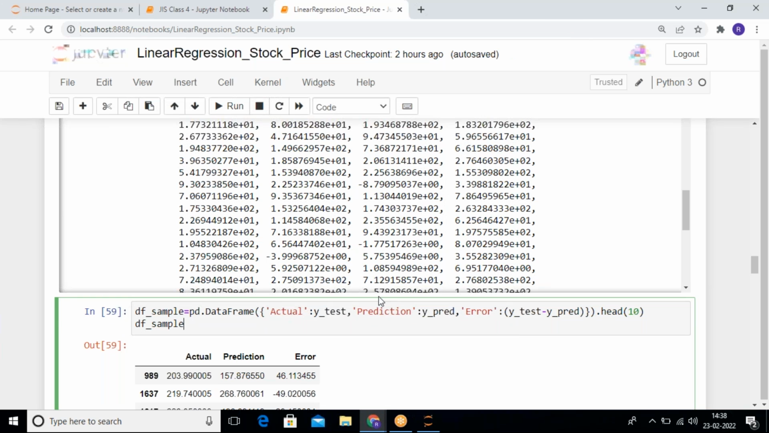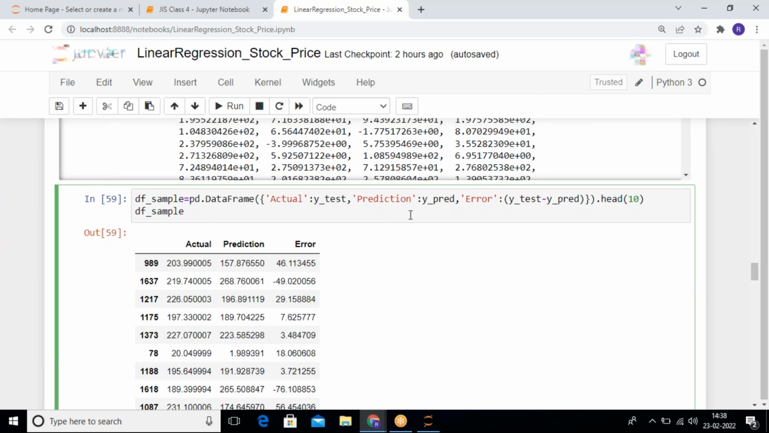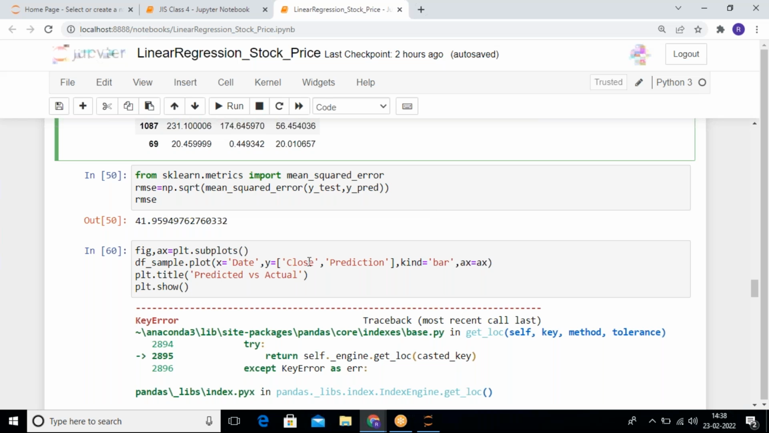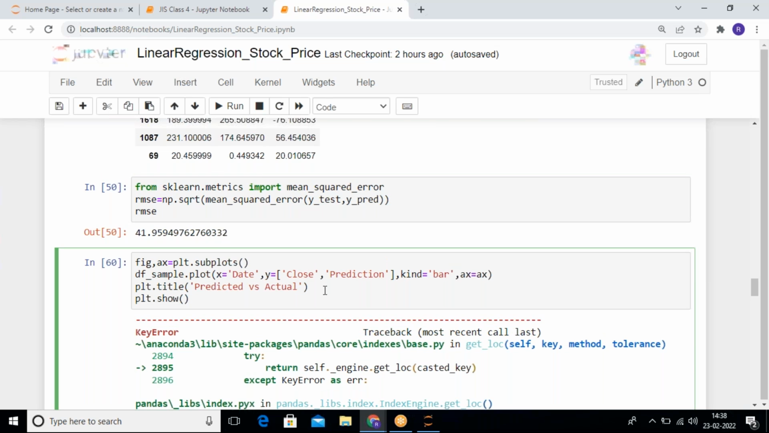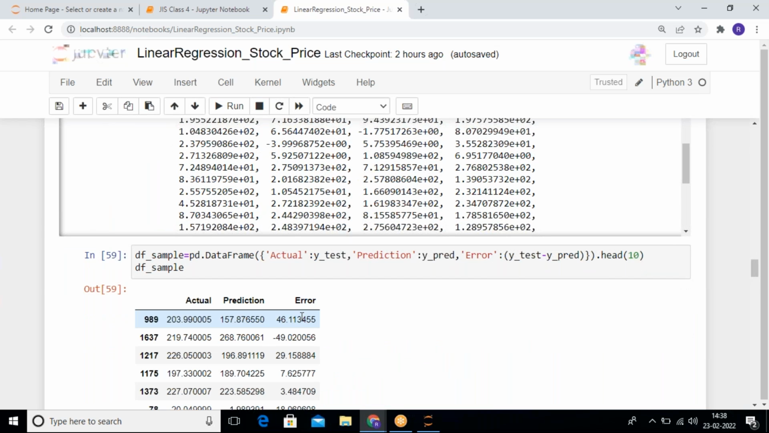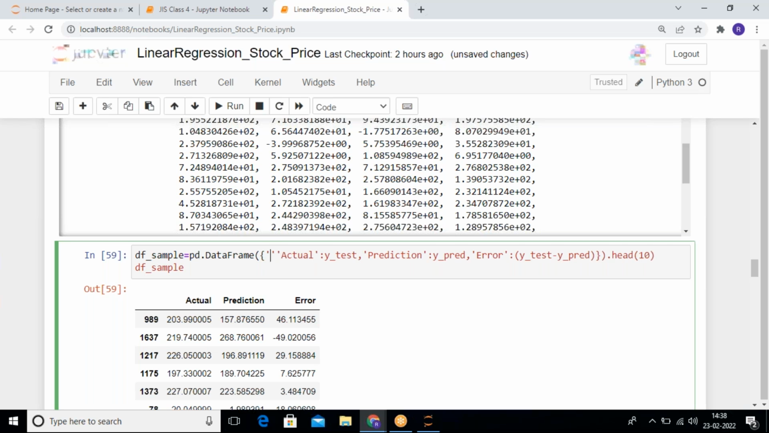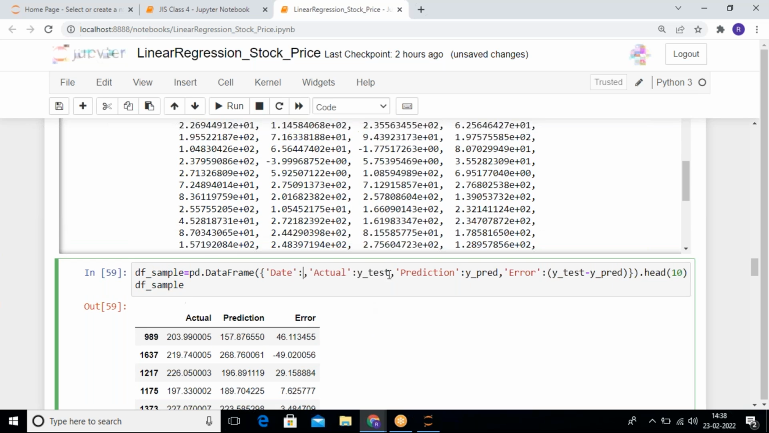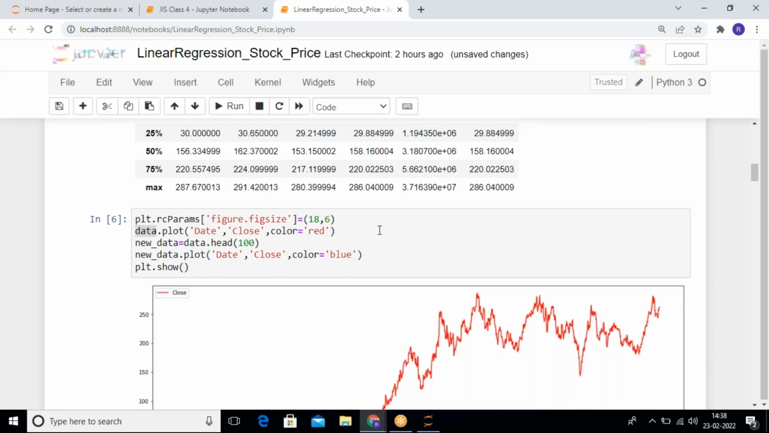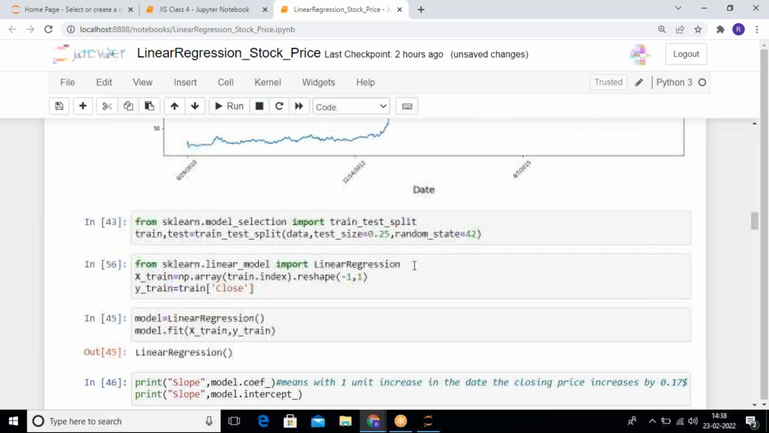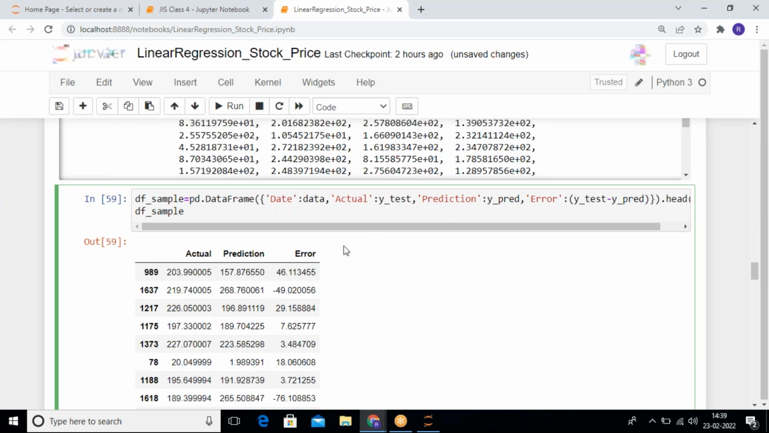Okay, actual and prediction. Date, डेटा के अंदर से हमको डेट लेना पड़ेगा, डेटा के पास से हमको लेना पड़ेगा डेट।